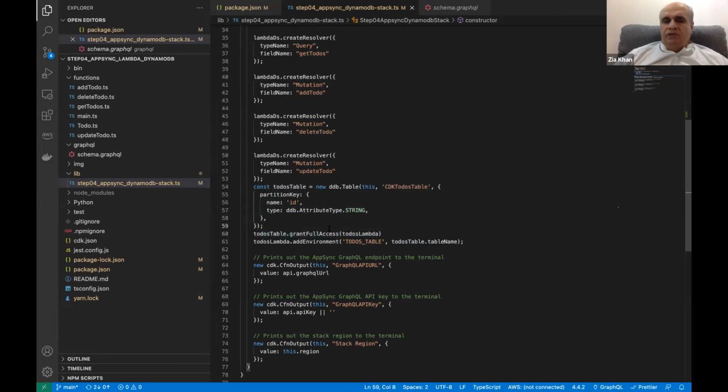To the Lambda function, we grant full access to call the table. Otherwise, the table will not be able to call the Lambda function because of security. And then, in the environment of the Lambda function, please add the to-do table and the name of the table. The name of the table is created by the